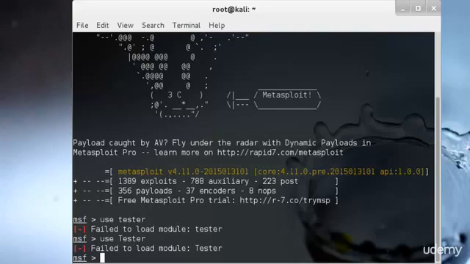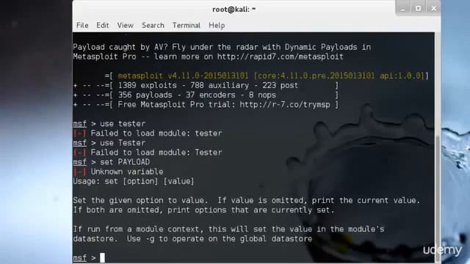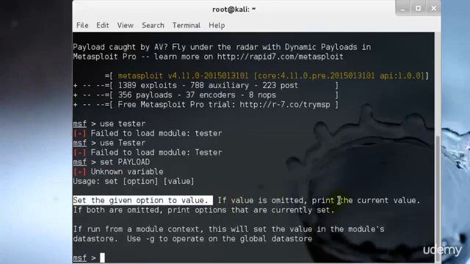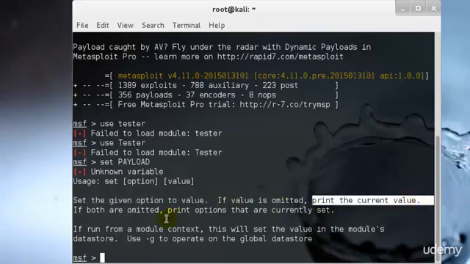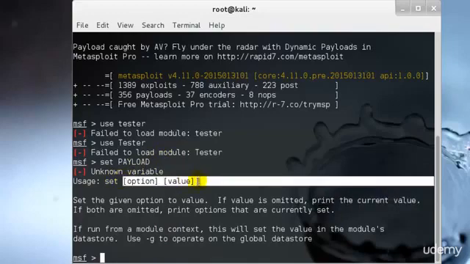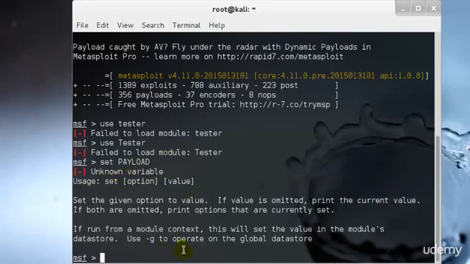So the next thing that we would like to do is to go ahead and set payload. It will probably not work, the reason being that I have not yet loaded the module. Perfect. As soon as I set payload, it's giving me the option: set the given option to value. If value is omitted, print the current value. What it's saying is that after set, I need to give an option and a value. So I'll just type set payload, let's say